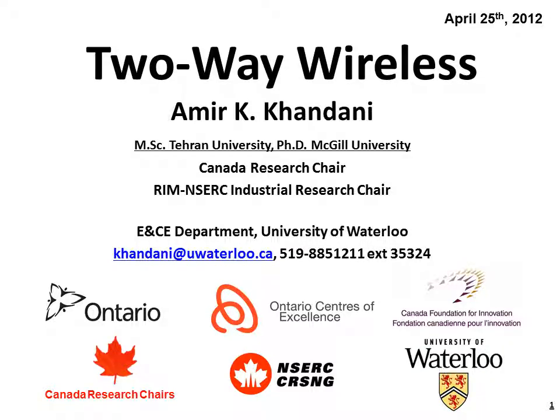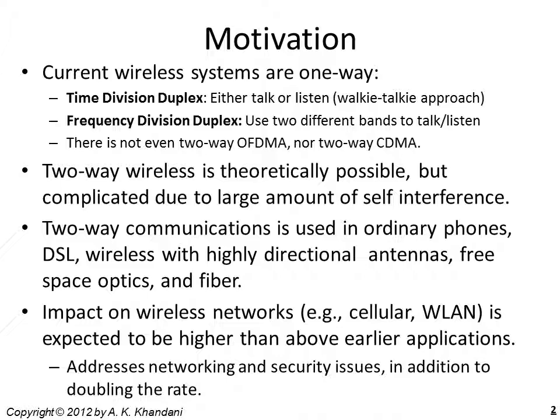My name is Amir Khandani, and I'm a faculty member in the Department of Electrical and Computer Engineering of the University of Waterloo. Current wireless systems are one way, in the sense that they use either two different time slots